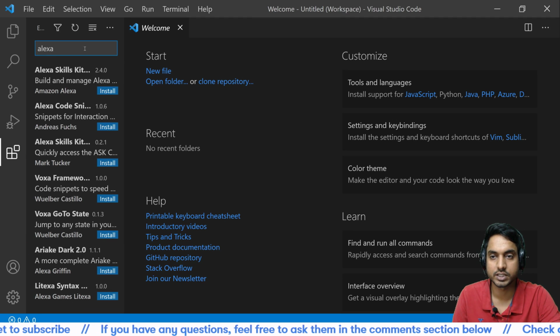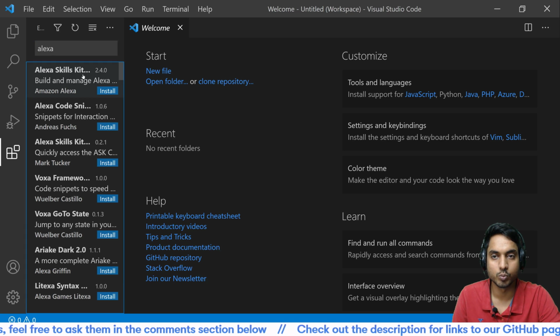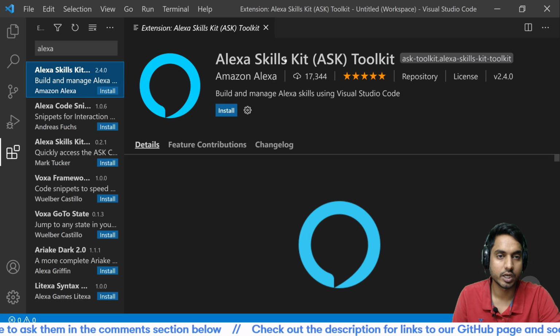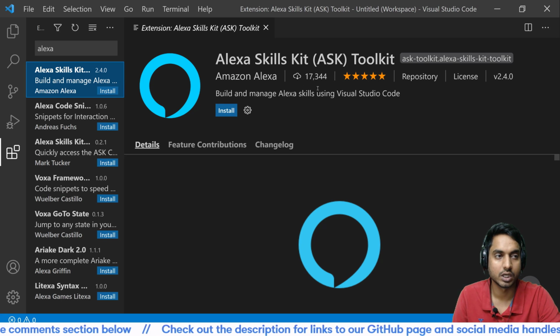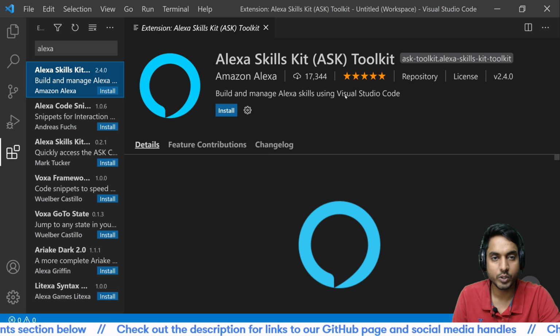And when you search for Alexa, you will find that there are several Alexa kits and all of that. On the top, this one would be named Alexa Skills Kit 2.4.0. So just click on it and see, right now it has somewhere around 17,000 downloads. So we'll be using this particular extension for our demonstration.